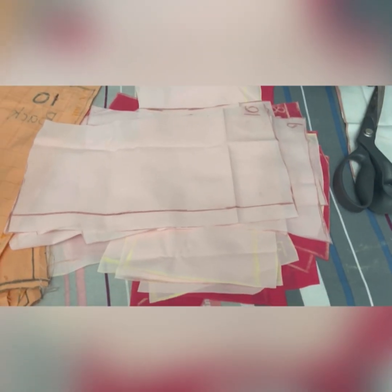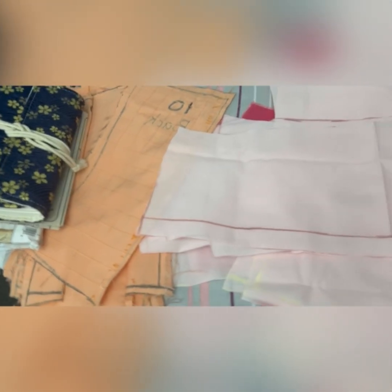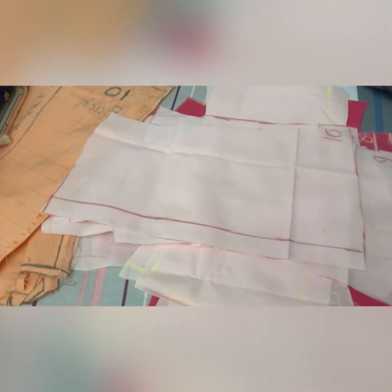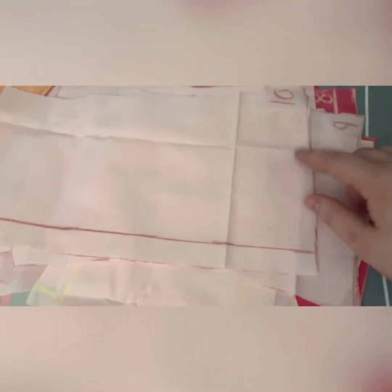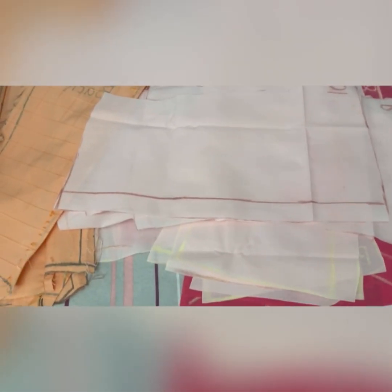Well, yesterday I cut out what was the outer layer and lining for my corset, which is behind me. So today's thing was basically the exact same thing, cutting out 2 layers, but these are the inner layers, which will be sewn together to make boning channels. As you can see, they're all numbered in different directions. One layer is in dark pink, one's in light pink,